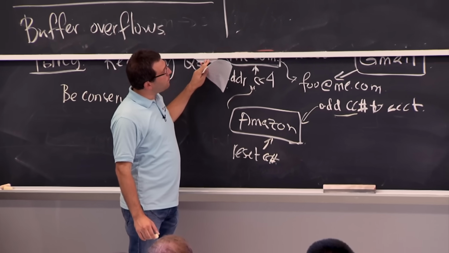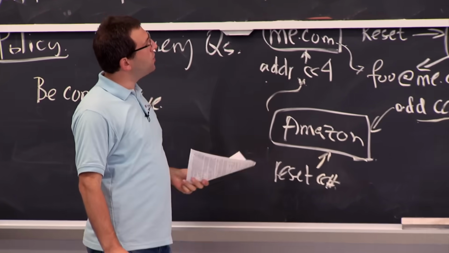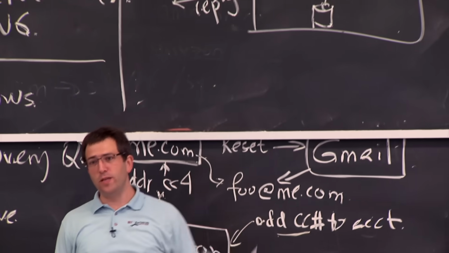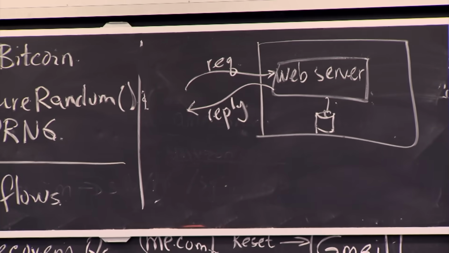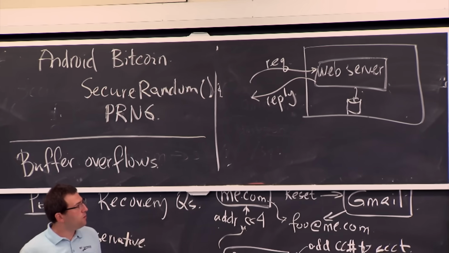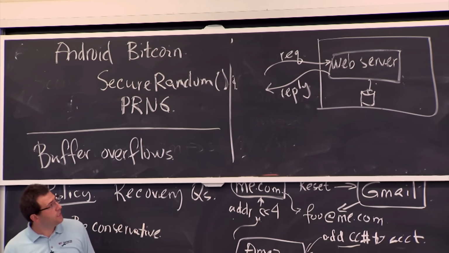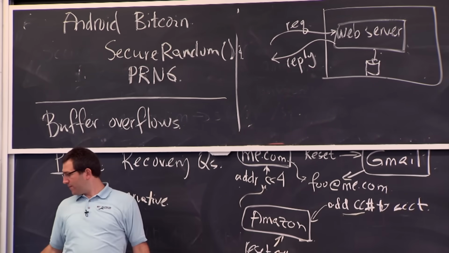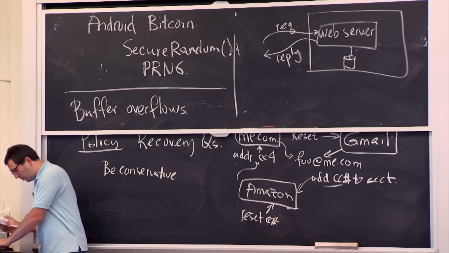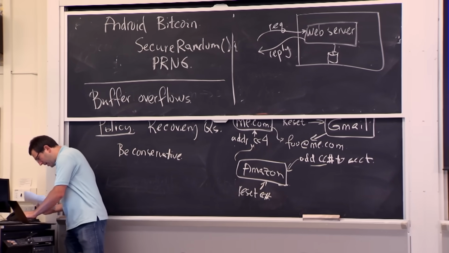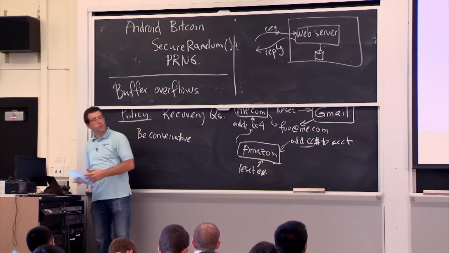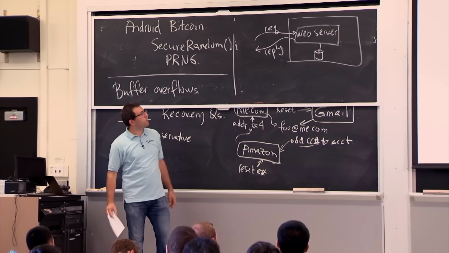And for this example, we'll look at a small piece of code that's not quite a real web server. In the lab, you'll have this whole picture to play with. But for lecture, I just want to give you a simplified example so we can talk about what's at the core of what's going wrong. And in particular, if this system wakes up, I will show you a very small C function. And we can see what goes wrong if you provide different inputs to that piece of code.